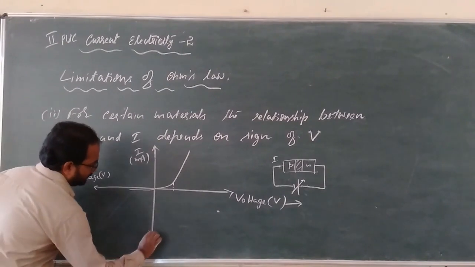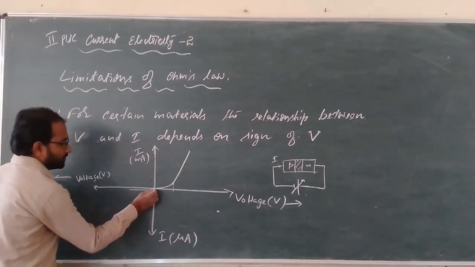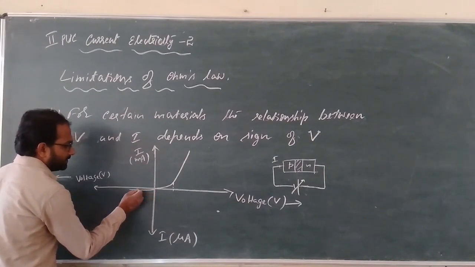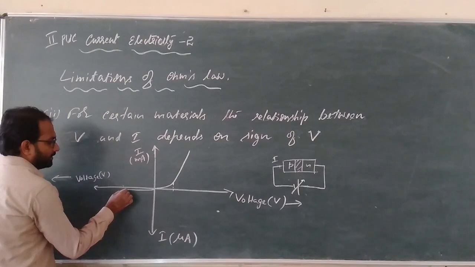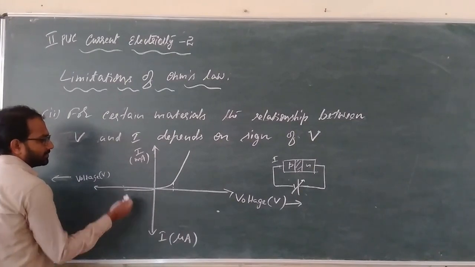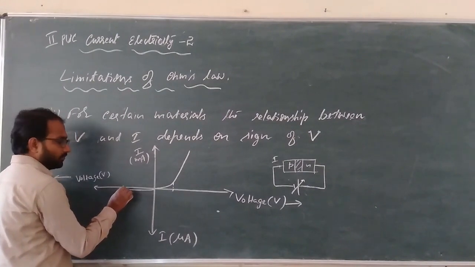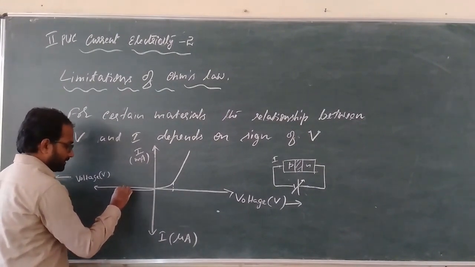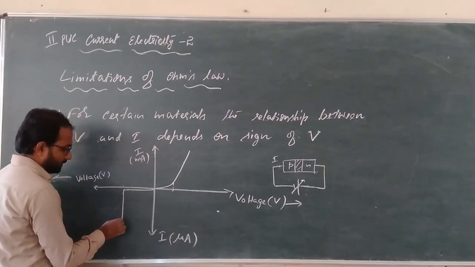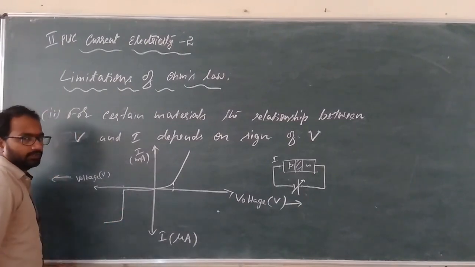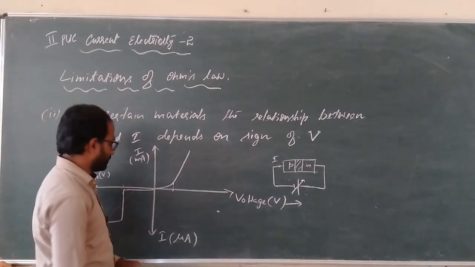So this is reverse bias current, which is in terms of microampere because it is due to minority charge carriers. It is very small. After the breakdown voltage, which for silicon is somewhere around 60 to 70 volt, here 0.6 volt, this 60 to 70 volt, the current rises sharply, and if that current is not limited, the diode gets permanently damaged due to the high value of current or due to the heating effect produced.